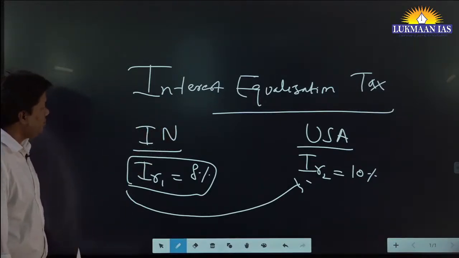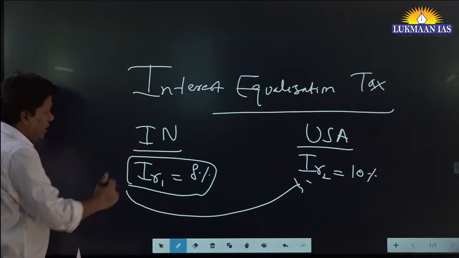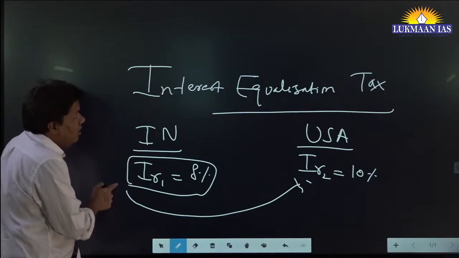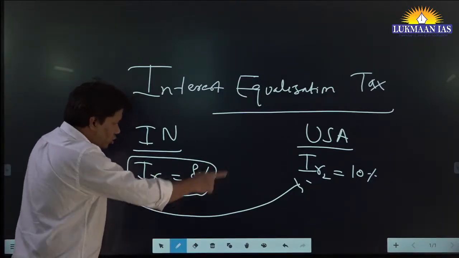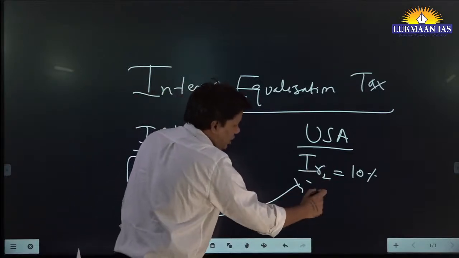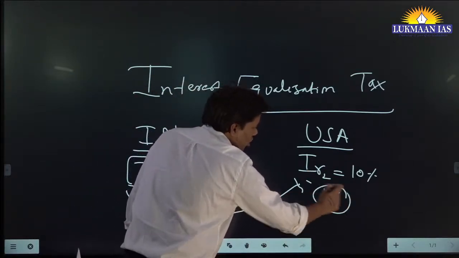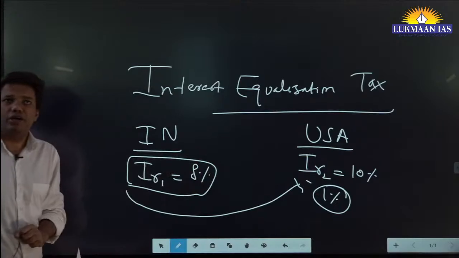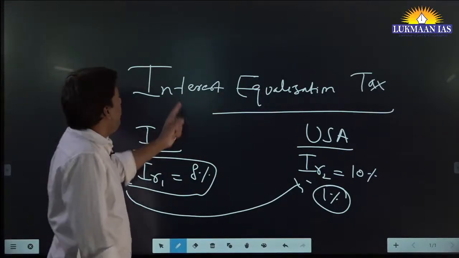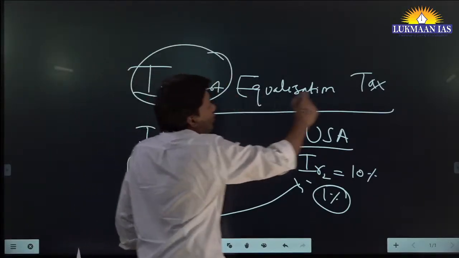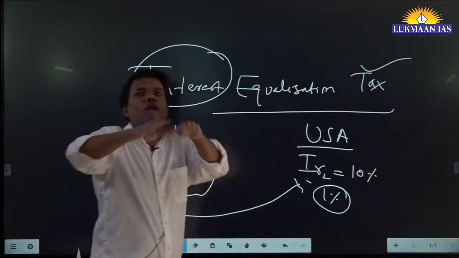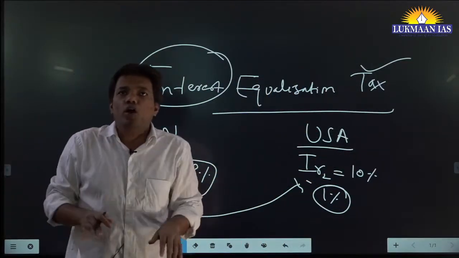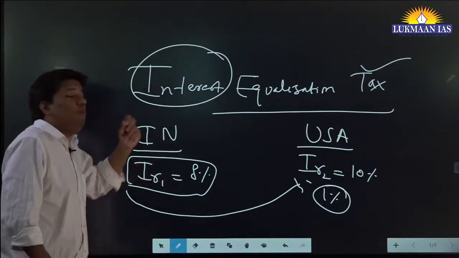What does it mean? What the Indian government might do, let's say you are getting 1% extra after commission and all those things, the Indian investor is getting 1% extra in the US. So the government may say whatever interest you get, some tax may be levied on that, which will equalize the return. Okay. Now somebody might ask the question, what is the problem with the Indian government?